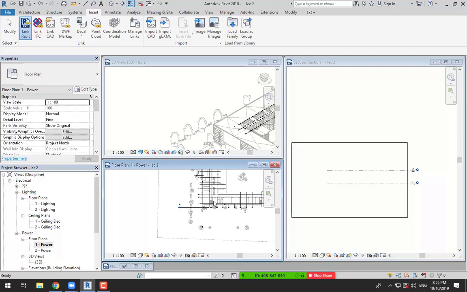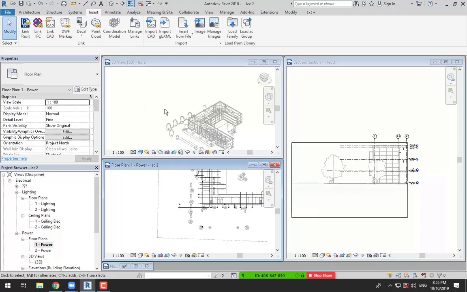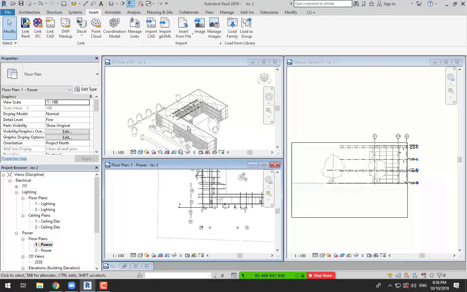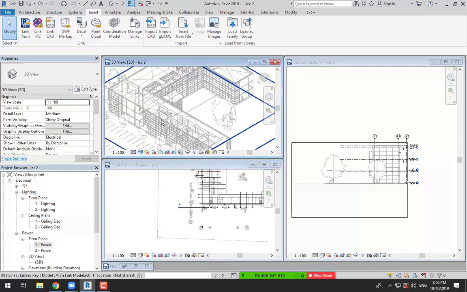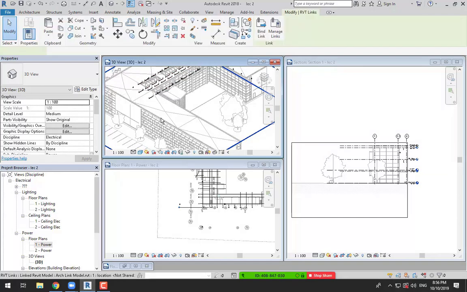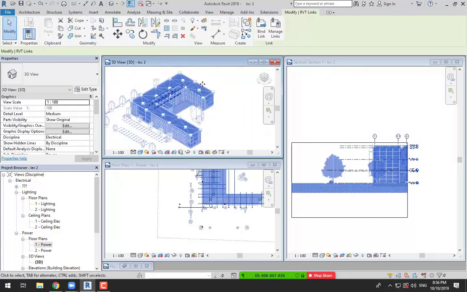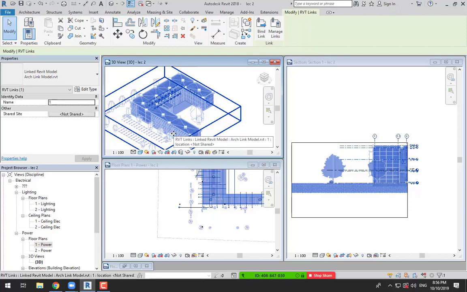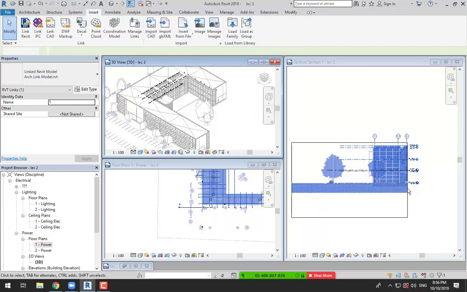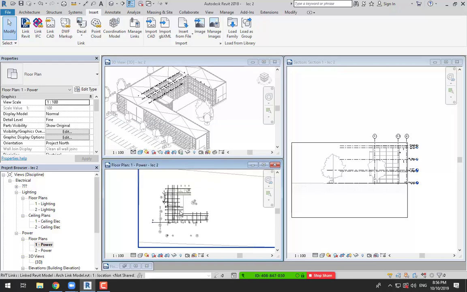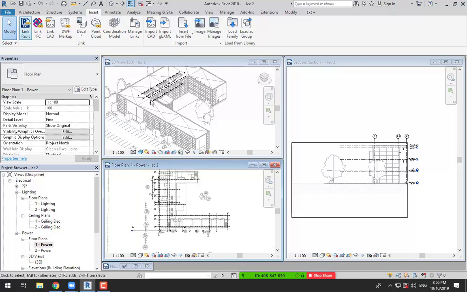Now we created the architectural link model. And why is it a link? Because it's a reference. As we see right now, it's something like a reference. I can't edit on it. It's like an image. It's not an image, but it's like an image. It's a reference for you to work in. Okay? So now, the first thing we did was insert Link Revit, get the architectural link model, and select the positioning